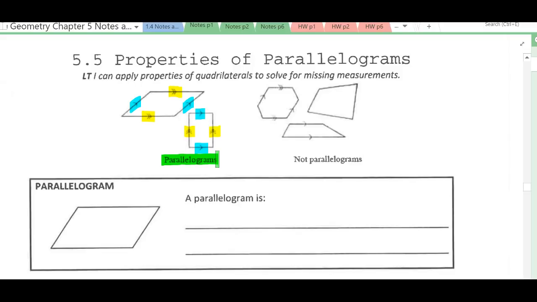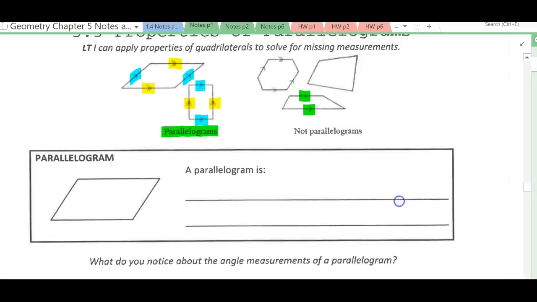Over here, these are not parallelograms. So even though in this first figure I have two sets of opposite sides that are parallel, this has too many sides because a parallelogram is a special type of quadrilateral, and we recall that quadrilaterals only have four sides. This one is a quadrilateral. It doesn't have any pair of parallel sides, and this one only has one pair of parallel sides, which we know is a trapezoid. So a parallelogram